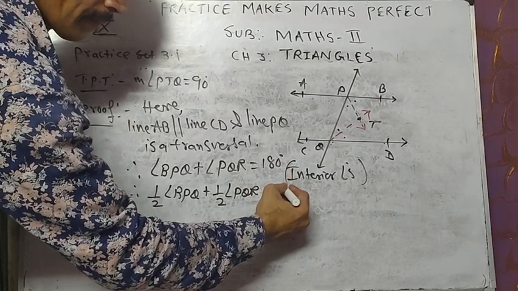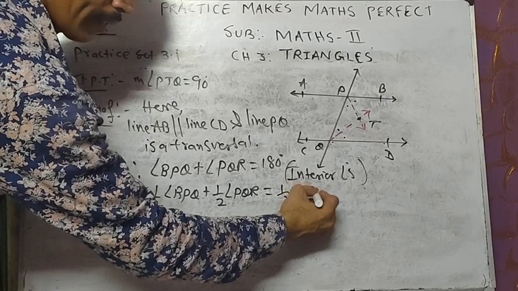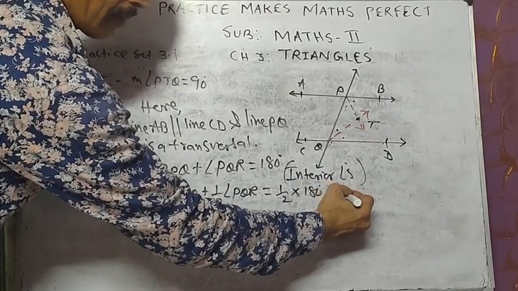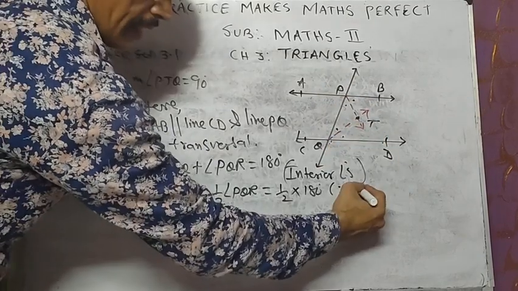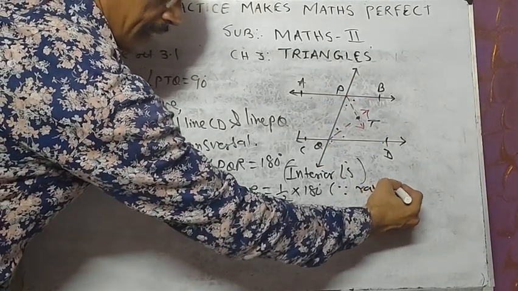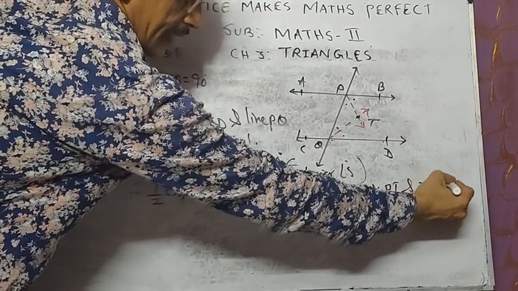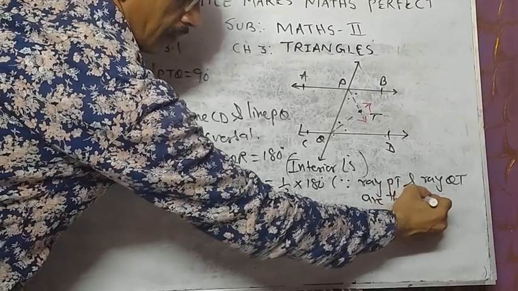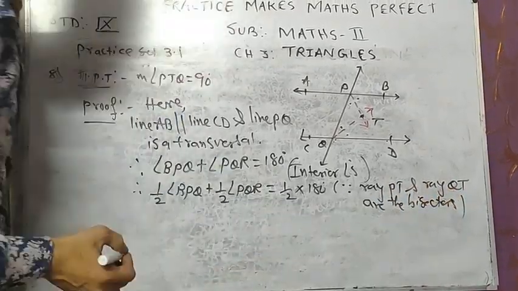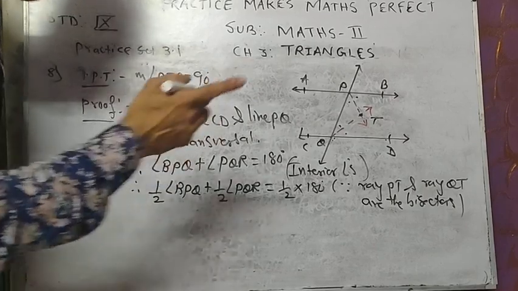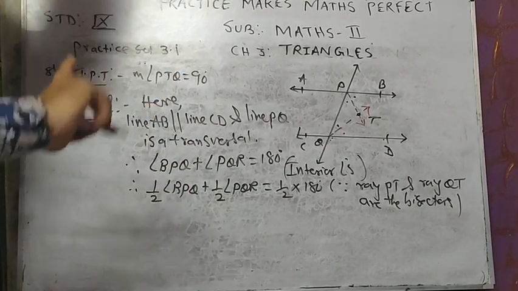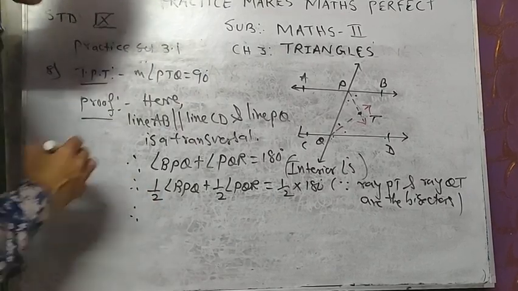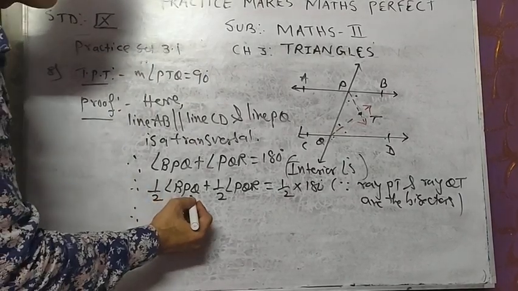Okay, you can do half because ray PT and ray QT are the bisectors. Otherwise you can write multiplying half to both the sides. That also you can write it down. Okay, now half of angle BPQ,